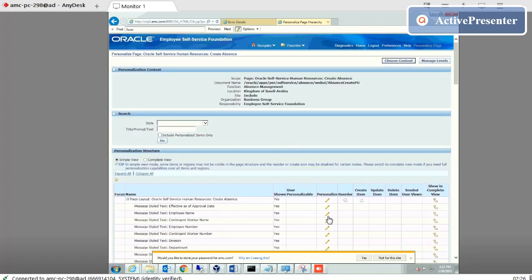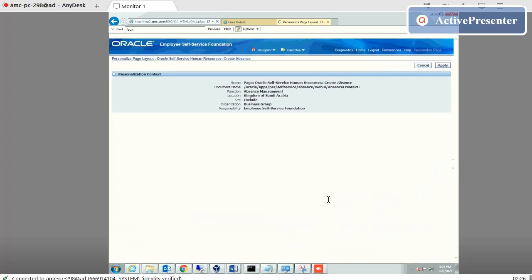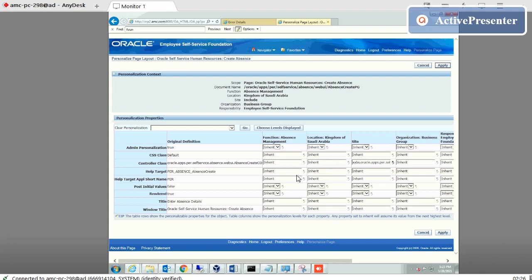After that, you have to go ahead to personalization. This one. Click here. In the controller, this is a controller class. You have to add this controller here, this file controller name here. Then it will be implemented.